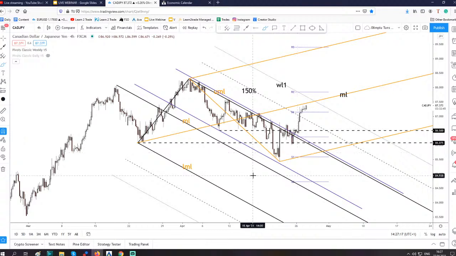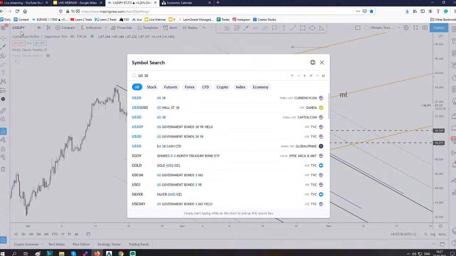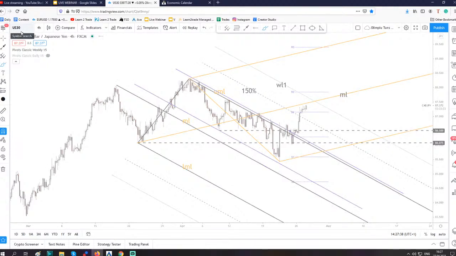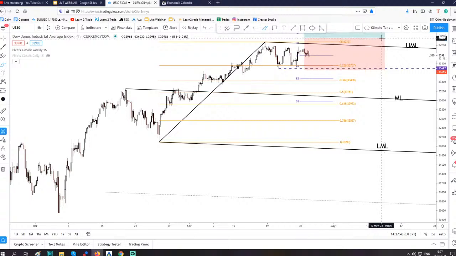Okay guys, so let me take a look. Can we go over? Yes, we will take a look at the US 30. So let's take a look at the US 30, guys. Okay, so US 30, I will delete this one from here because the price failed to reach our, one moment guys. Okay, so